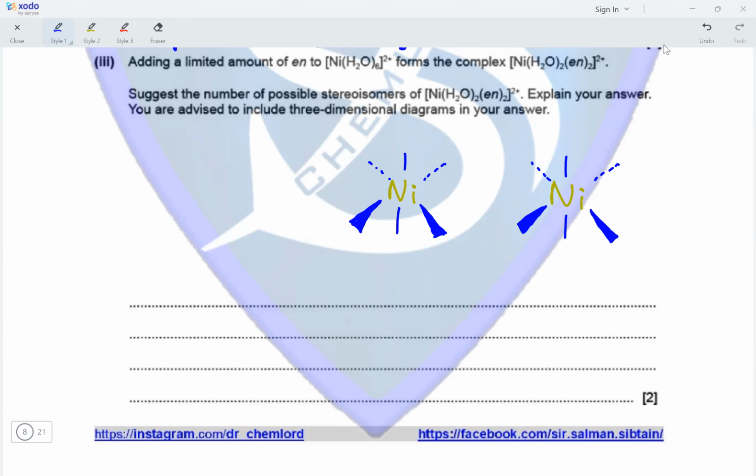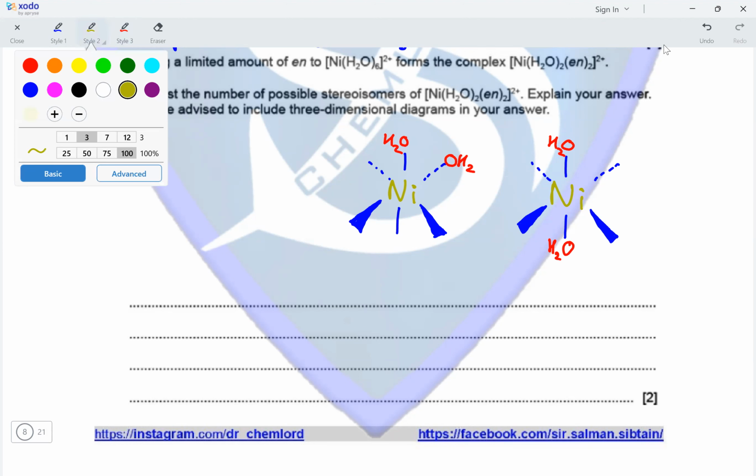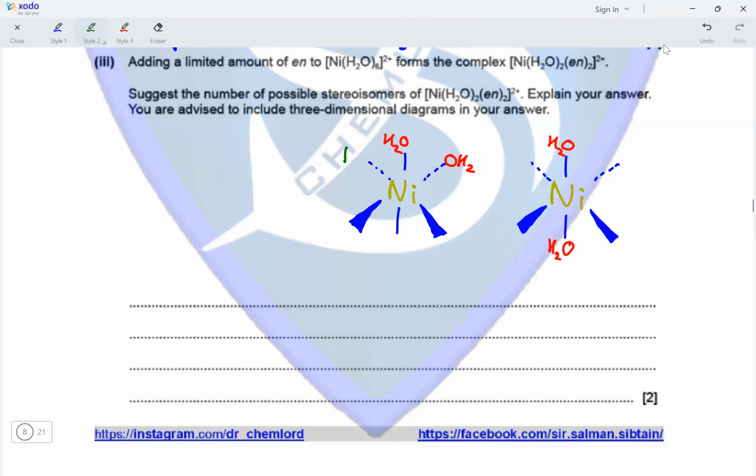So, in order to place the ligands, we will place water molecules on opposite ends of nickel showing the trans isomer, and on two positions that are adjacent to each other showing the cis isomer. The rest of the molecule will contain two en molecules